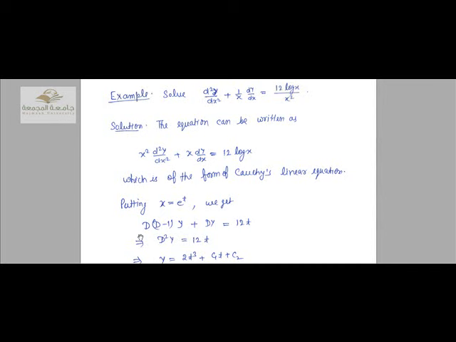Example first, solve d2y over dx2 plus 1 by x dy by dx is equal to 12 log x over x square. Solution: the equation can be written as x square d2y over dx2 plus x dy by dx is equal to 12 log x, which is of the form of Cauchy's linear equation, so that putting x is equal to e to the power t, we get D(D minus 1) y plus Dy is equal to 12t. After solving this equation, D square y is equal to 12t,